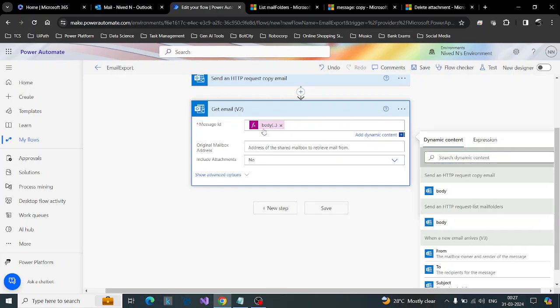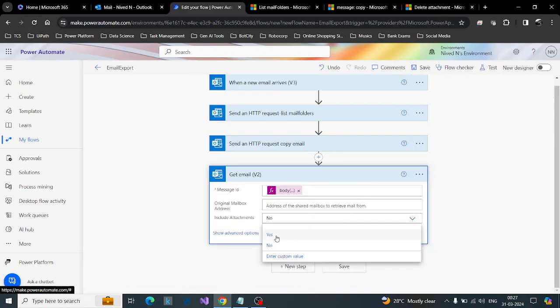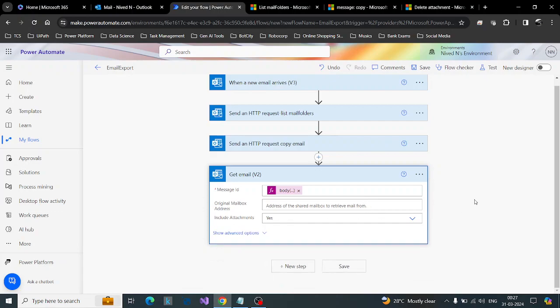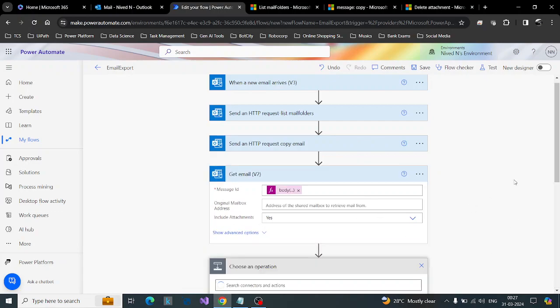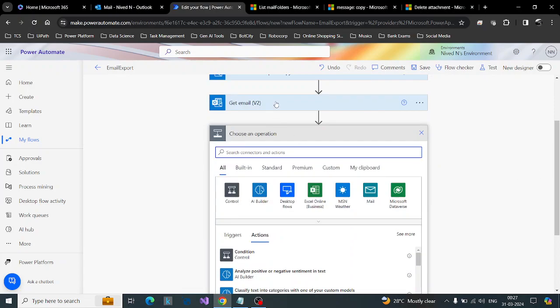Now we get the message ID. That ID actually represents the message ID. Now I just want to include the attachments, so I will put yes. Maybe there are other properties I am not considering. Now the next step is, we can loop through the attachments and we can